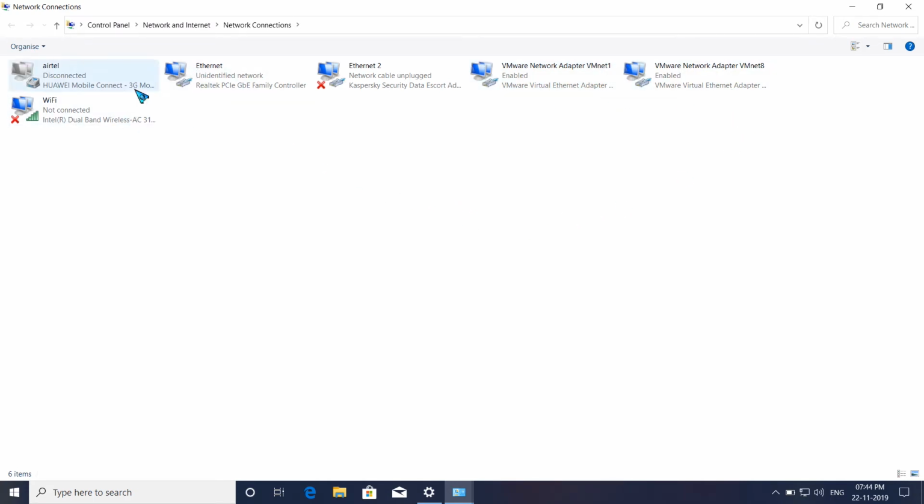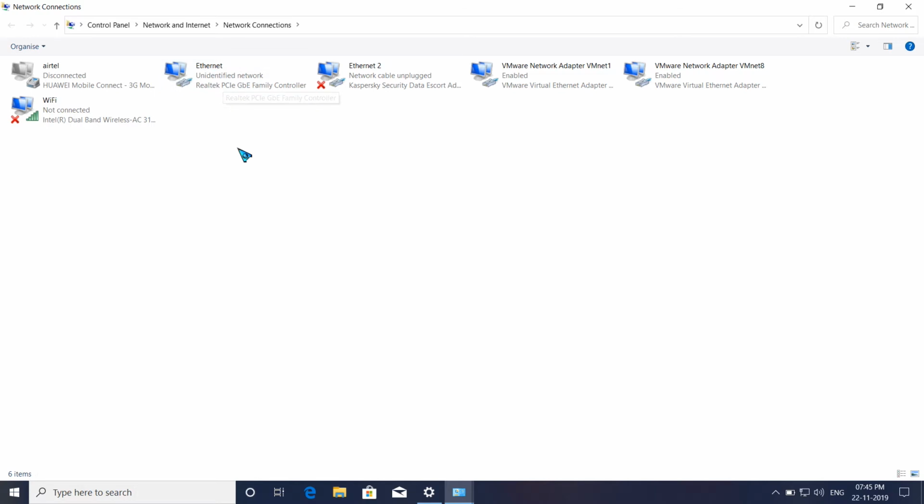If you use any antivirus, for example I use Kaspersky, it is detected here. I use an Airtel broadband modem, that's why it is detected. And I have an Intel Wi-Fi adapter built into my laptop, which helps me connect to other Wi-Fi networks.